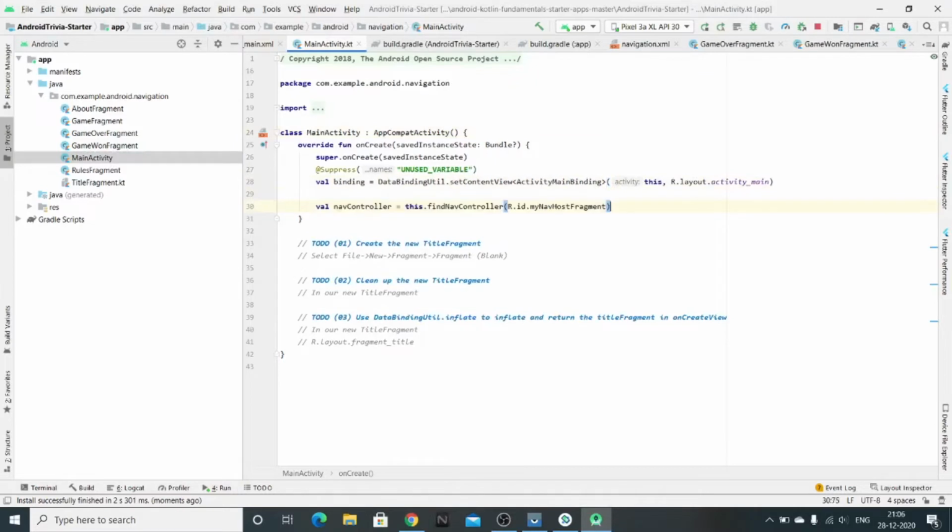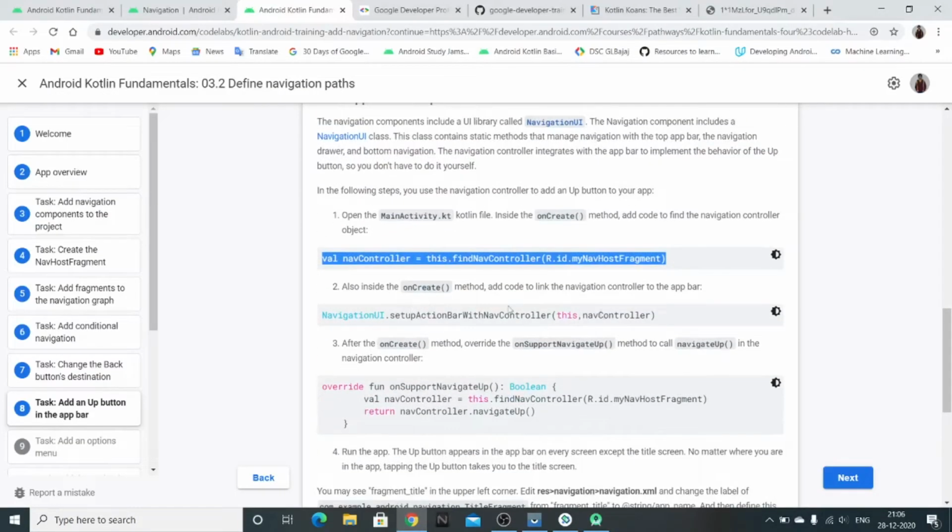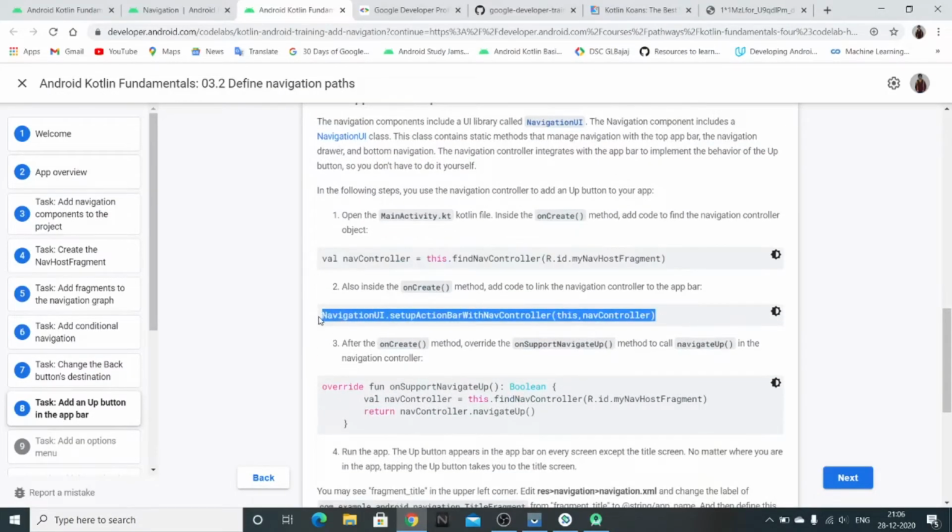Main activity. After this binding, import the packages, and this also.